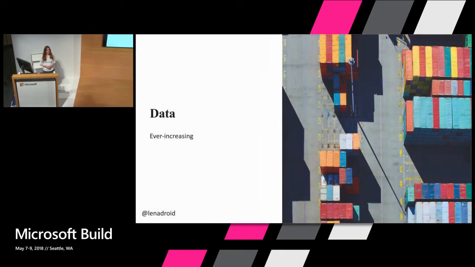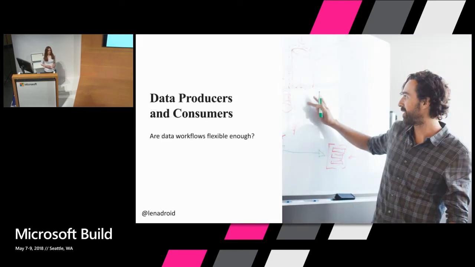So every system has data. Whether it's persisted or not, every system has it. And data is generated by basically every single thing around us. Whether it's something you're doing on your phone, using your credit card, all of those sensors and IoT devices around us, they all generate large amounts of data. And when we as engineers start thinking of building distributed systems that involve a lot of data coming in and out, we have to think about the flexibility and architecture of how these streams of data are being consumed and